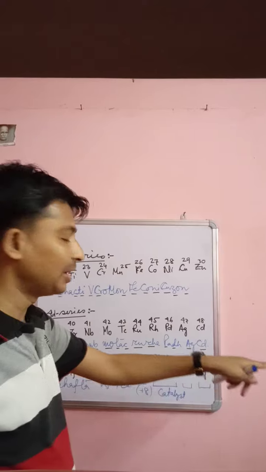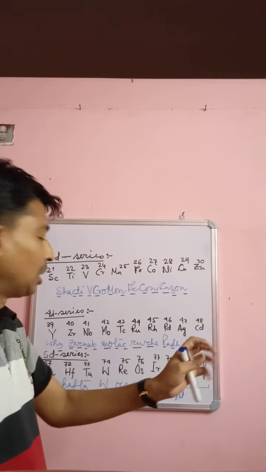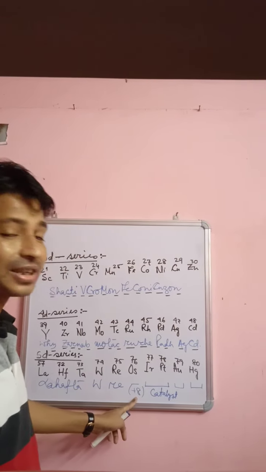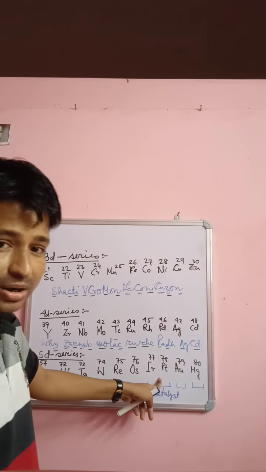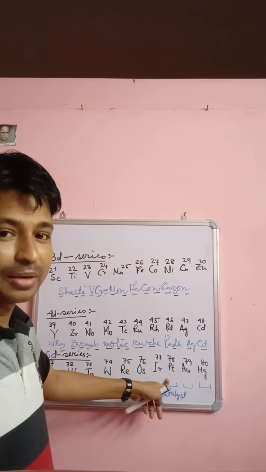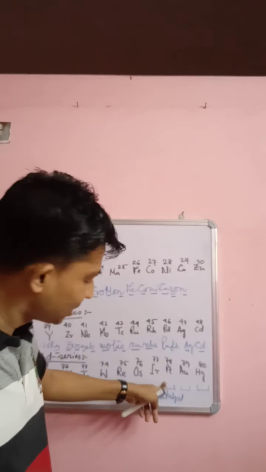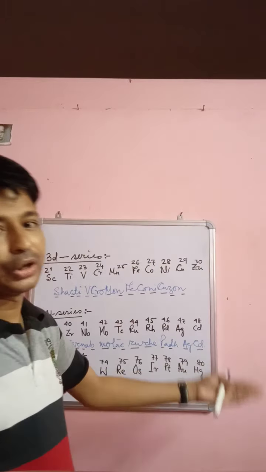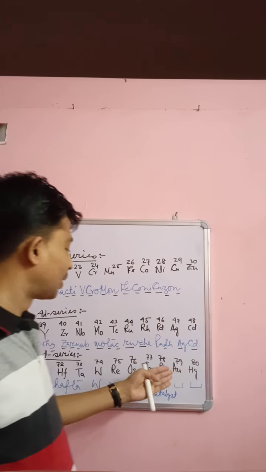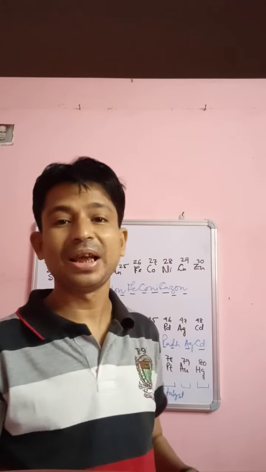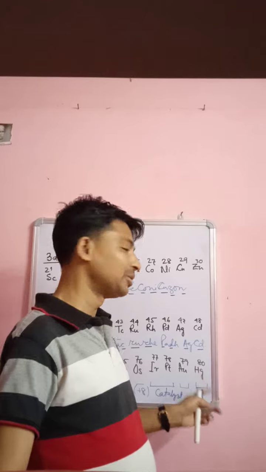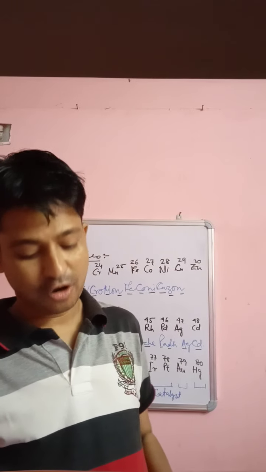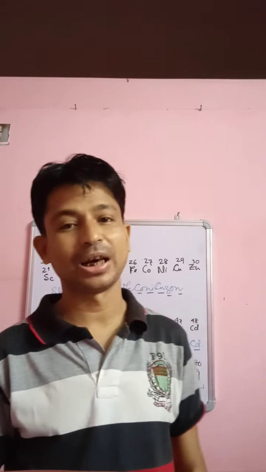These 5 elements are very precious. Osmium is precious in the sense that it has the highest oxidation state. Iridium and platinum are precious because these are metals which can be used as catalysts in organic reactions. Gold and mercury, we all know these are very precious materials, because without gold no one can make gold ornaments, and mercury is the only metal which is liquid at room temperature, for which reason it is used in thermometers to measure body temperature.